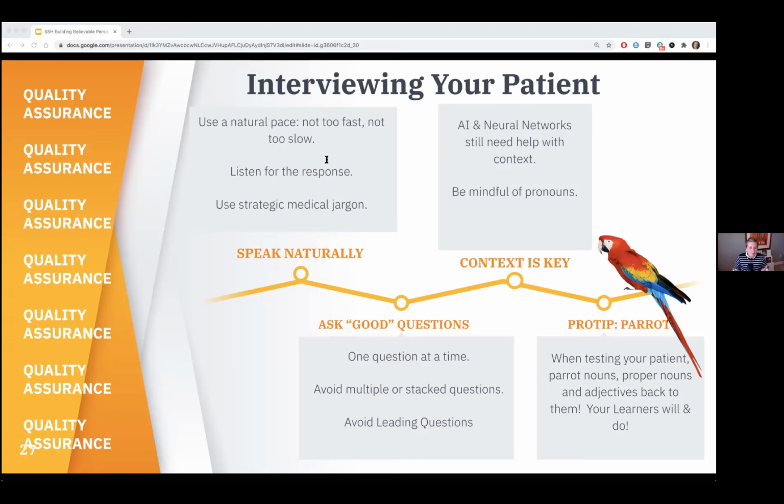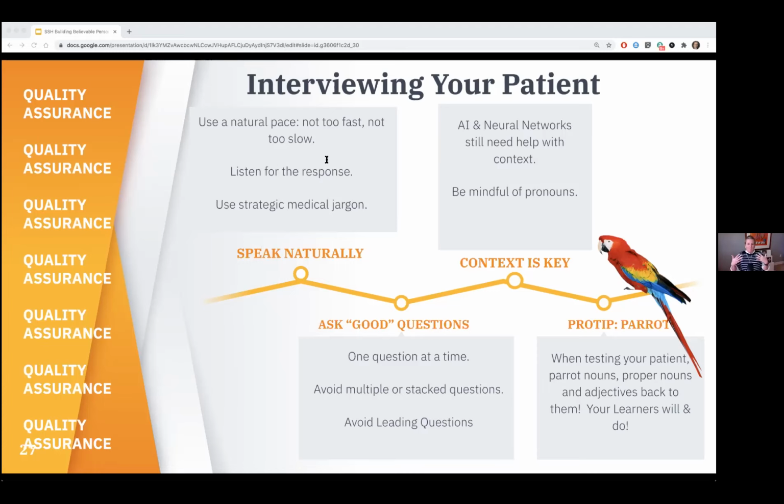Another good AI tip, communication tip, would be avoiding leading questions. Leading questions tend to supply a particular answer for the patient, so try to avoid questions like that. The AI does okay with some leading questions, but for others, it's better to ask direct questions. Those leading questions, like, you've never had anything like this before, right? A better question might be, have you had anything like this before?